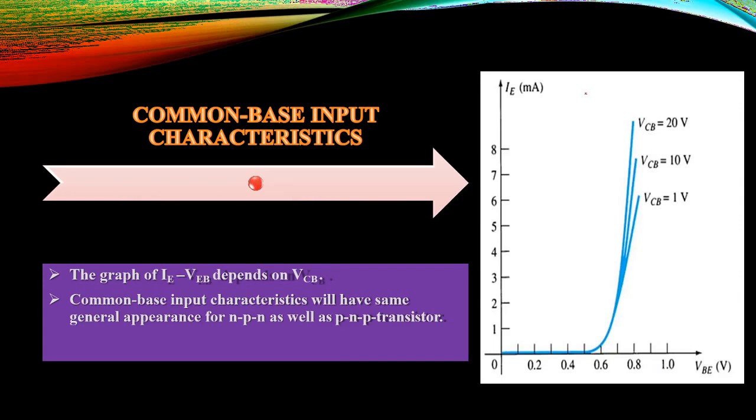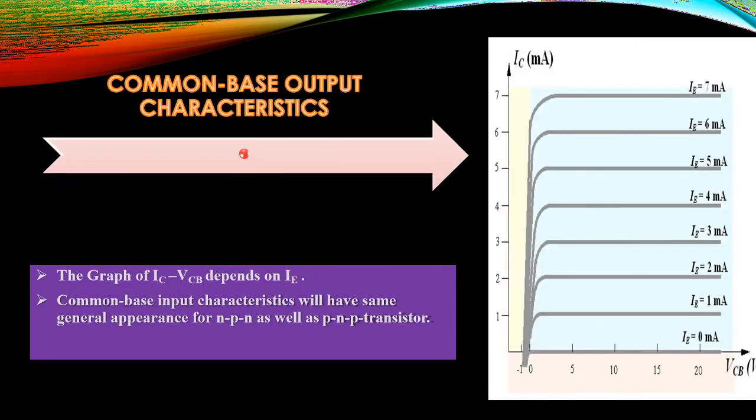These are the characteristic curves we already discussed with respect to the NPN transistor. The same curves are expected for the PNP transistor as well, with the same phenomenon: if you increase the reverse bias voltage, the curves move towards the horizontal. And since the JE junction is forward biased, the current will be more. That's why we measure it in milliamps.